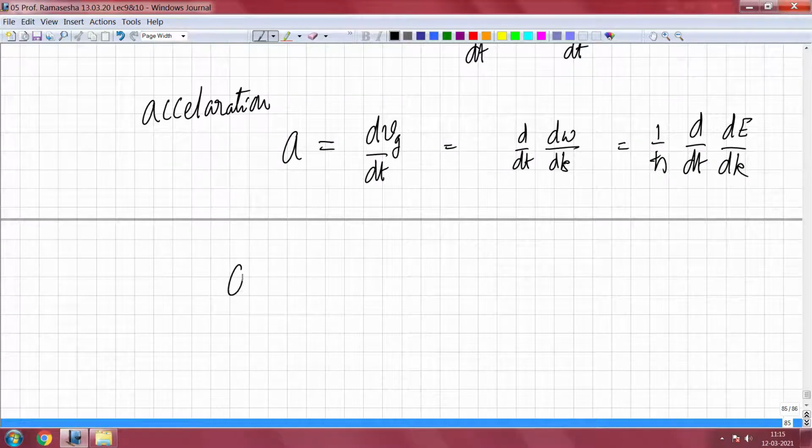So, I can write down acceleration A is equal to 1 by h cross d by dt dE by dk,